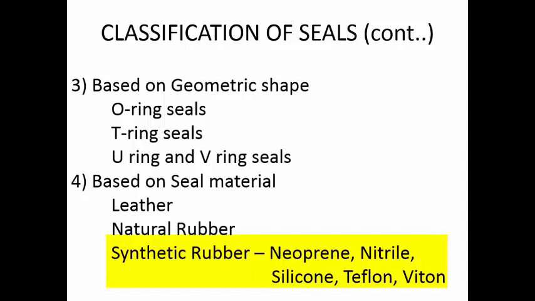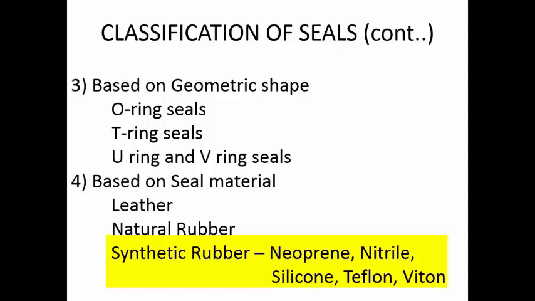If you go to Teflon, it has very good wear resistance. It is not going to tear away very quickly. And it is a very soft material, which is very useful whenever you have a dynamic kind of application. As we go from neoprene to Viton, the strength of these materials, their wear resistance, and their sealing ability are all increasing. These are some of the synthetic rubbers which are manufactured for specific applications.